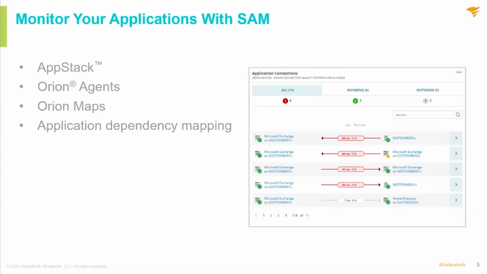Application dependency mapping. Application dependency mapping provides a holistic view of application and server connections, expanding monitoring by detecting how applications and nodes interact with each other. SAM's application dependencies feature provides a holistic view of application and server connections. You can use data gathered during application dependency polling to: